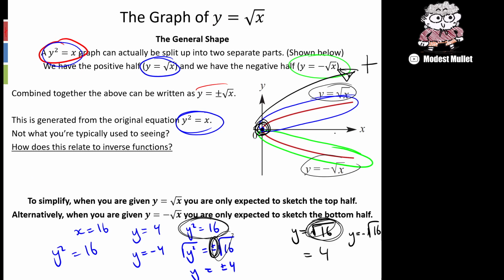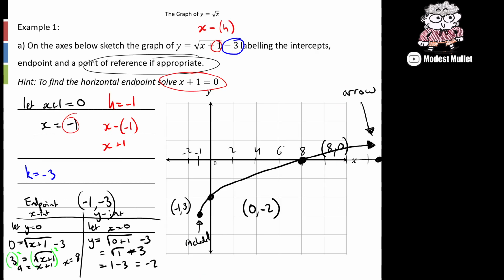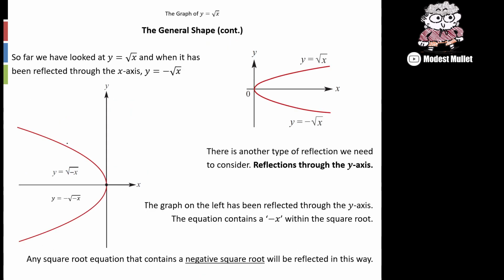So I said before there are these two main types, and let me erase all of this so you can see them again. There was the positive and then the negative version. We can also reflect the square root graph about the y-axis. We can flip it over the y-axis, okay? And that happens if we have a negative sign inside the square root. And let's have a think about why this occurs. Putting the negative in front of the x, what happens if we think of positive values and negative values of x? What happens to them when we put them into a regular graph versus,